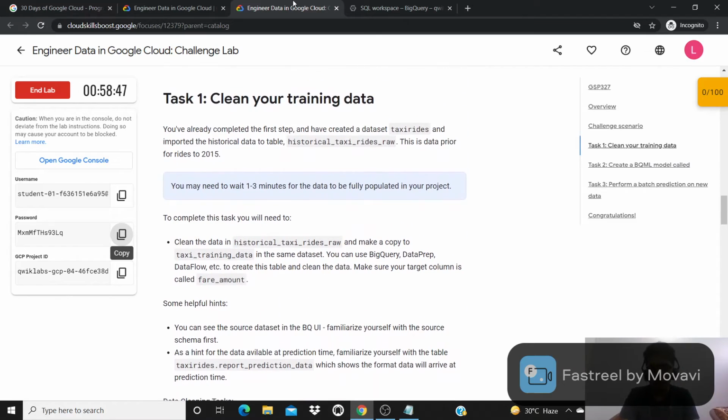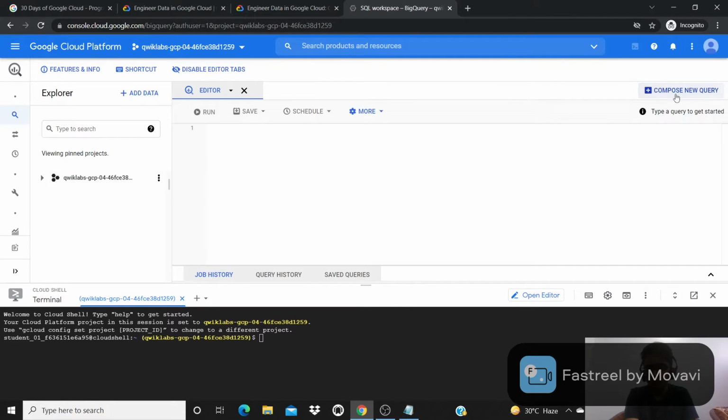As you all know, we have already created a dataset taxi rides, and we have also imported the data into the table historical taxi rides raw. Now in this task, we have to clean our data and make a copy of that data into a table. So let's do it. Make a query. We'll click on compose new query.